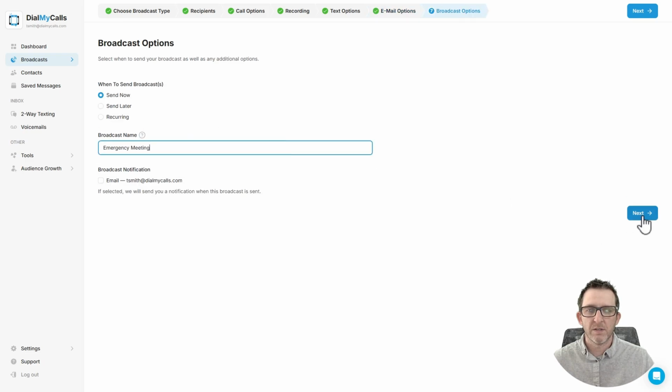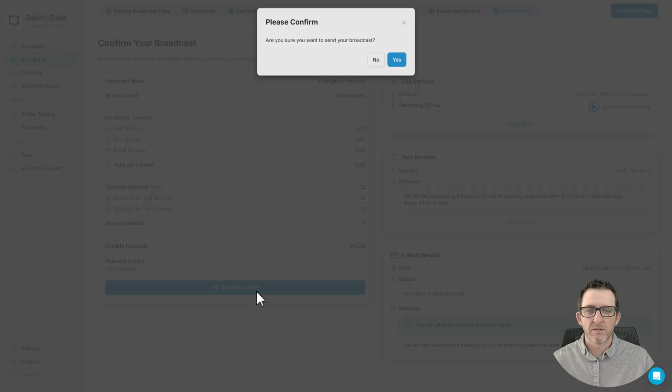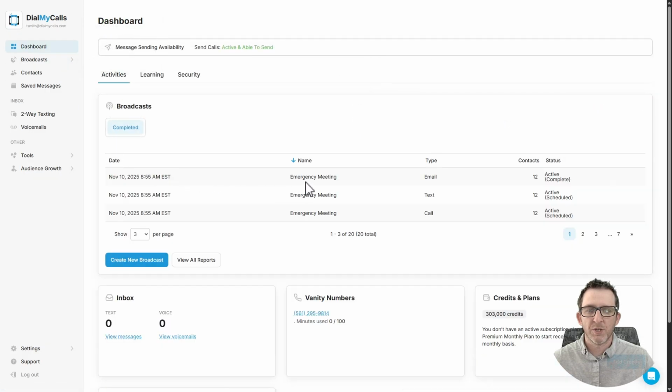Click Next to continue. Go over all the details of your broadcast, and if everything looks good, click on Confirm and Send and then click Yes. Your emergency response team meeting invite will now be sent to all of the contacts you selected via phone call, text message, and email. Go back to your dashboard and you will now see the meeting invites listed under completed